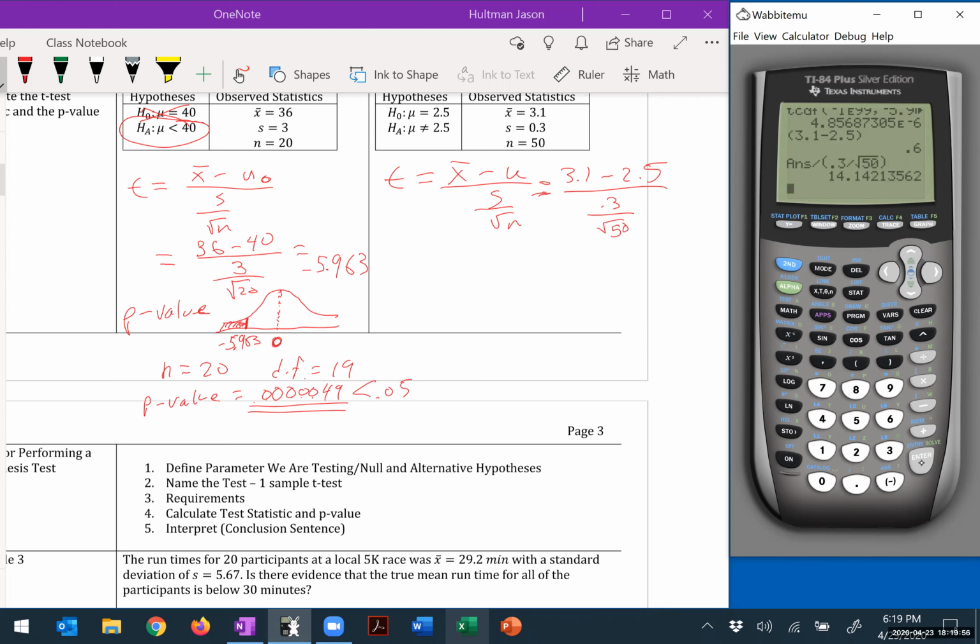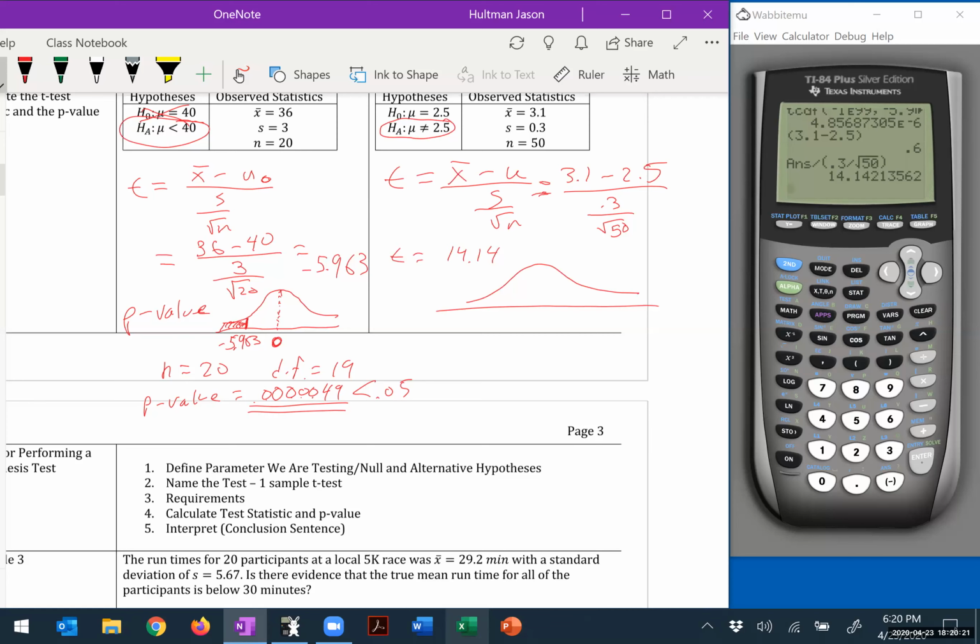Okay, and I got this to be about t is equal to 14.14. That's really big. This is a two-tailed test, because it's not equal. It's a two-tailed test, which means